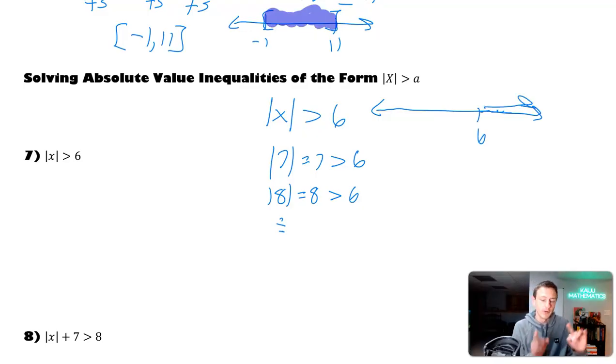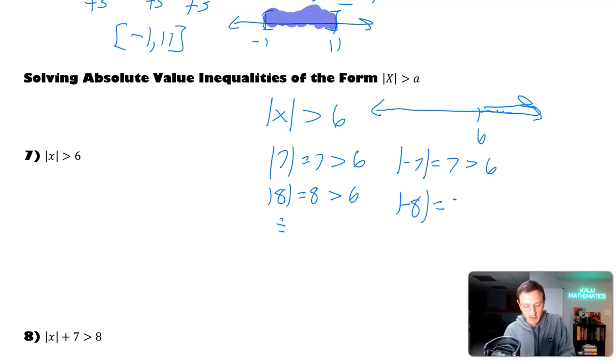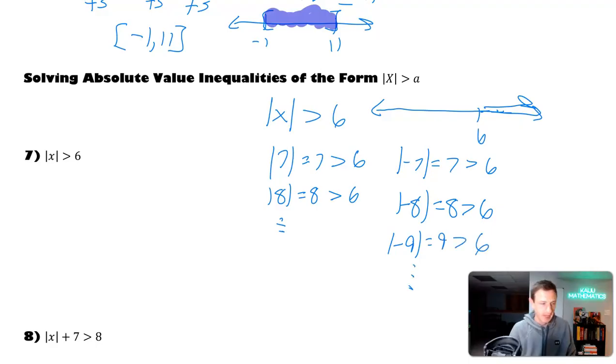What about, though, on the negative side, just like how we discussed on the other inequality, where we were looking at negative values? What about the absolute value of -7? The absolute value of -7 is 7. 7 is greater than 6. Absolute value of -8, that's 8. 8 is greater than 6. Absolute value of -9, that's 9. 9 is greater than 6. Same thing's going to happen. We're going to get an infinite number of solutions on the negative end,